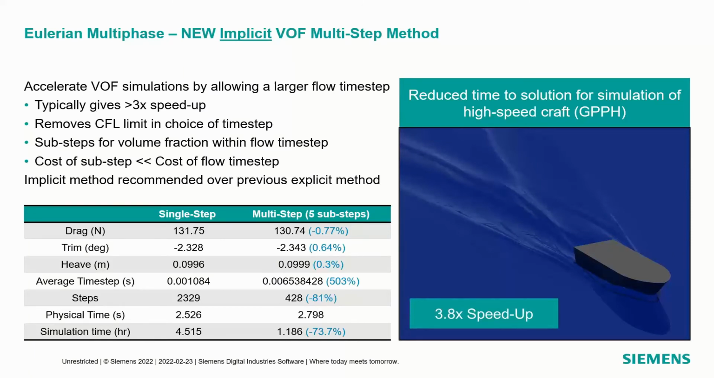All right, the next thing is kind of in the same vein. It's a new implicit volume of fluid multi-step method. And this is kind of complicated, but the gist of this is instead of running a lot of fluid time steps, you can increase the number of volume fraction sub time steps. And this is actually a more efficient way to run this simulation, because the volume fraction substep is a lot computationally cheaper than the flow time step. So you can increase the substeps, decrease the time steps, and arrive at the same answer, but just a